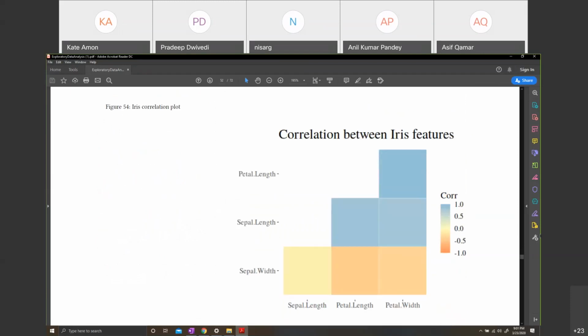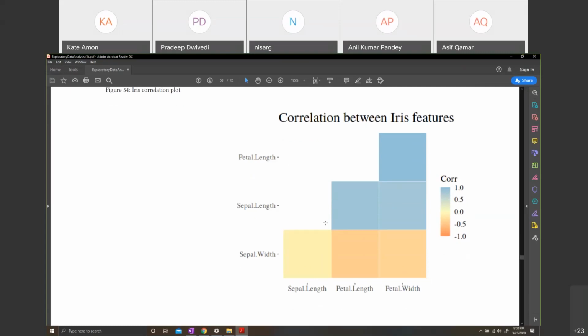I mean, the principle, what I call the principle of least ink, or what Tufte says, is that you need to have a high data-ink ratio, which is that data should take more ink and clutter should be minimum. So correlation is symmetric. The correlation of sepal width to sepal length is the same as the correlation of sepal length to sepal width. So no point in repeating any one of the boxes. So you notice that some boxes are missing. Redundant boxes are missing here.